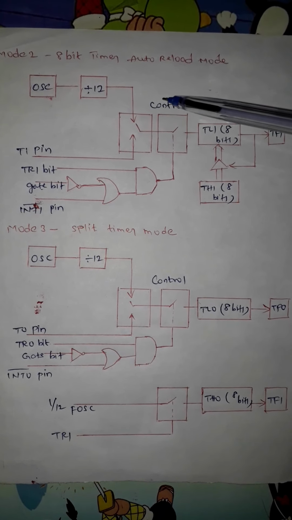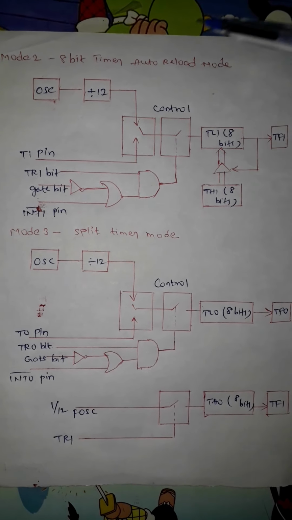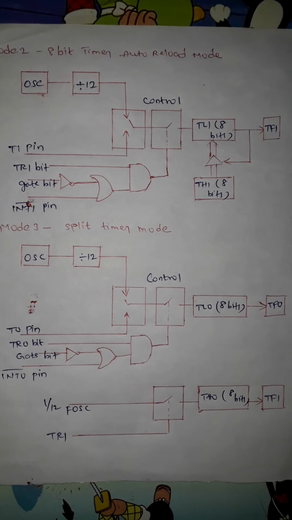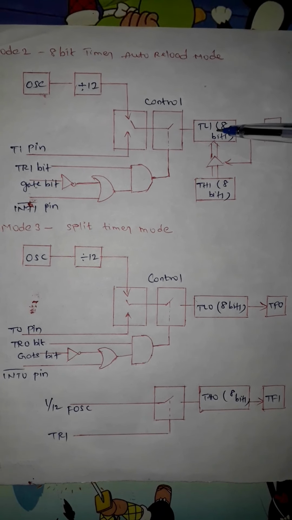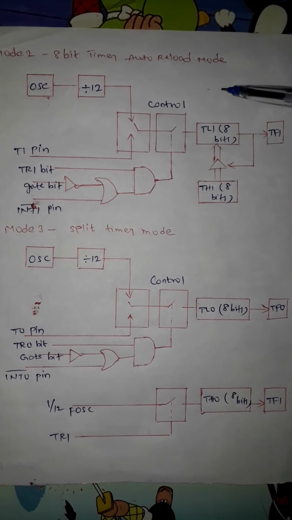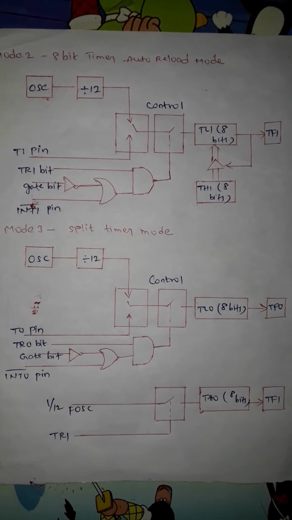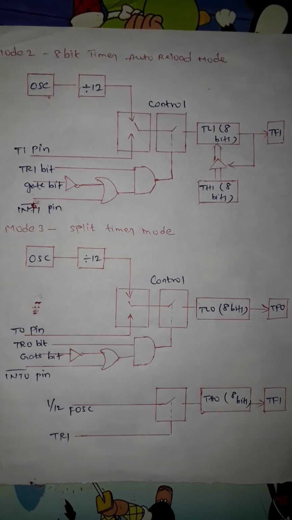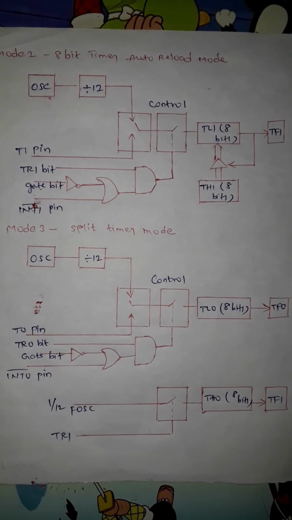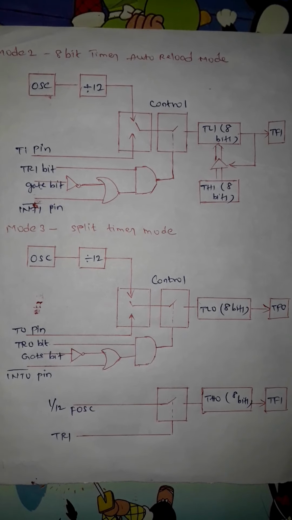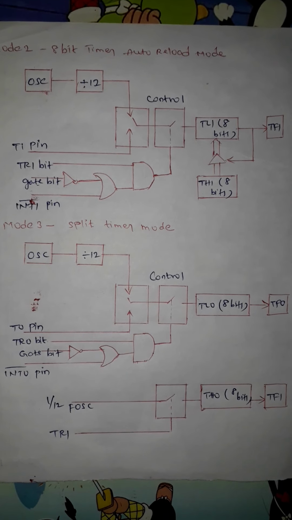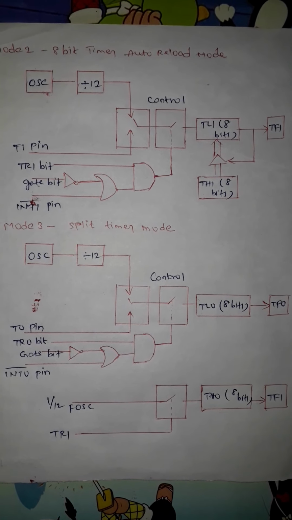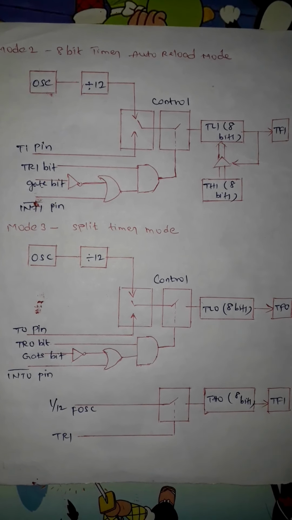You can see that the control part is the same as mode 0 and 1, whereas if you look at the output part, the TL1 timer lower 8 bits are used for the counting operation. If you are using only 8 bits for counting, the maximum value that is possible is 255. So 2 power 8, that is 256. So that is 0 to 255 counts are possible by using 8 bits. So TL1 is used to count the values from 0 to 255, and TH1 is used for auto reload.